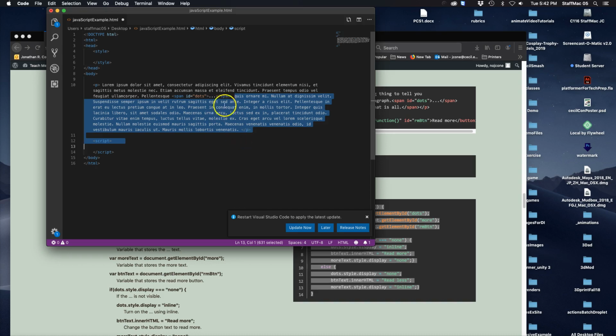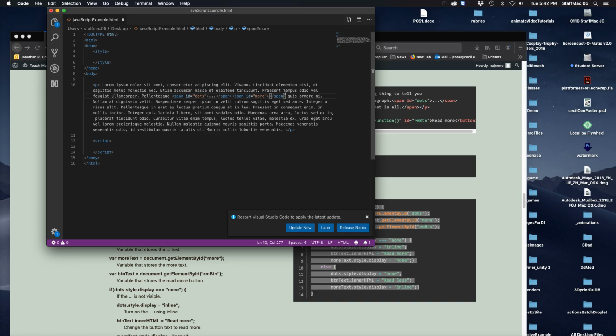So now what we need to do is after that, because it's going to be the dots, we need to go ahead and put the read more in there. So it's going to be another span, and we're going to do an ID again, and this one's just going to be called, let's call it more. We're going to read more, okay? And inside of that text, we're just going to say,